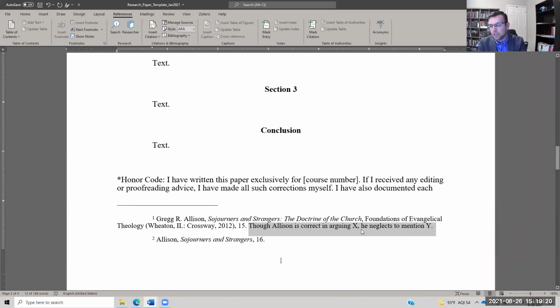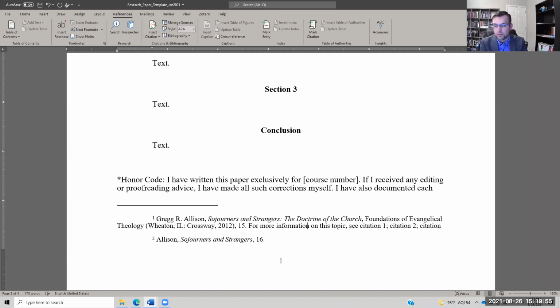You might say something to show your reader, show your professor, show your grader, hey, by the way, I'm familiar with this discussion, but I can't get into the weeds. I need to move on in this particular direction. You can use your footnote discussion to give a brief note. You might also say, because you can't talk about it so much, you have to keep going, "For more information on this topic, or maybe a specific subtopic or nuance, see," and then you can give more citations. So you might give citation 1, citation 2,